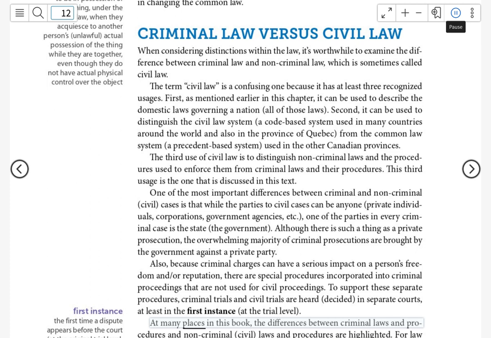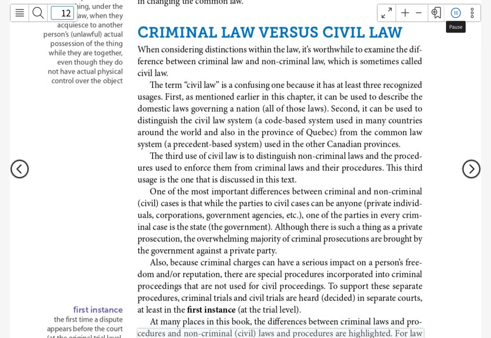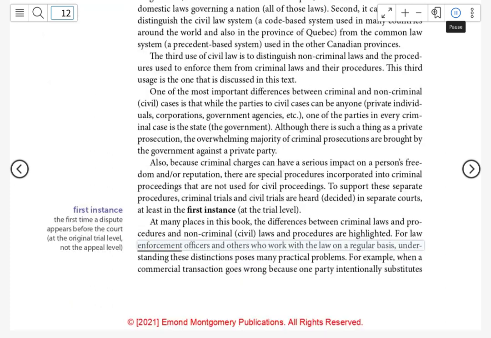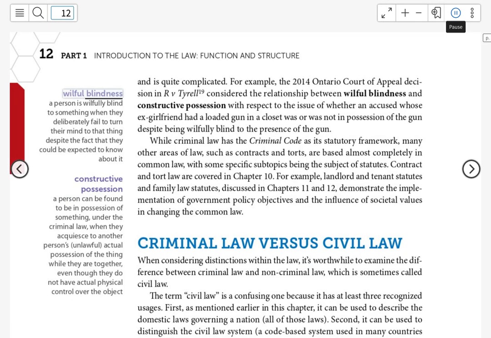At many places in this book, the differences between criminal laws and procedures and non-criminal civil laws and procedures are highlighted. For law enforcement officers and others who work with the law on a regular basis, understanding these distinctions poses many practical problems. For example, when a commercial transaction goes wrong because one party intentionally substitutes